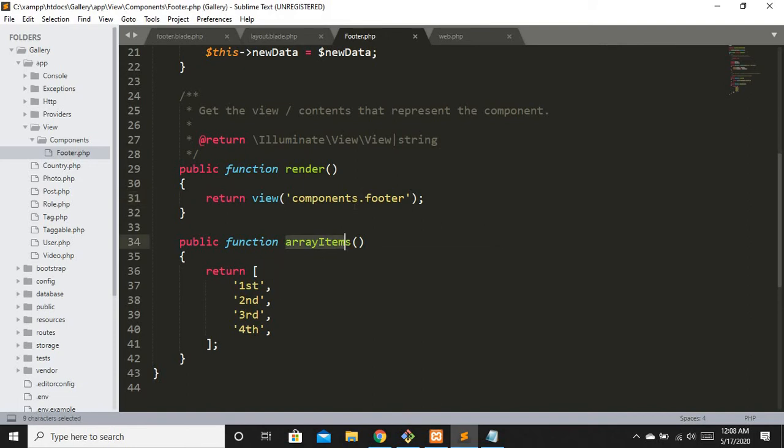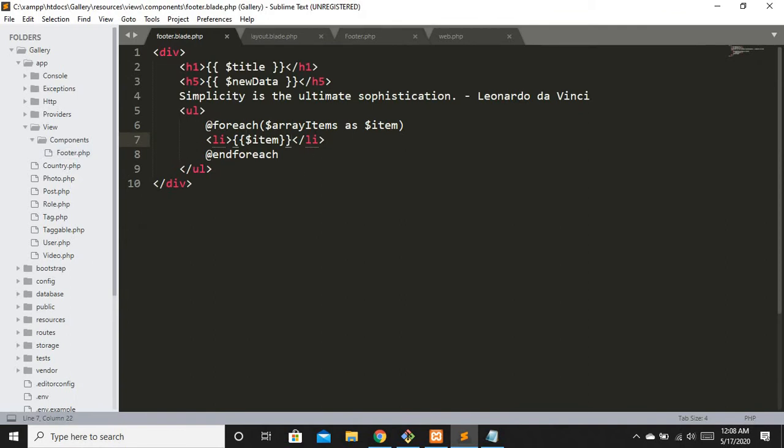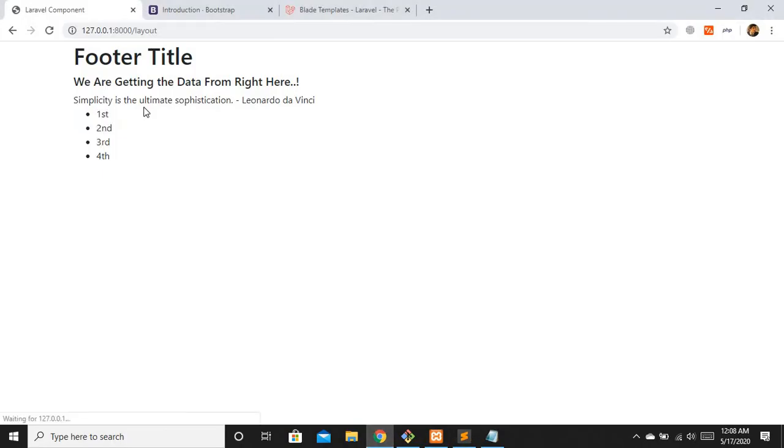For example, we get array items as a variable on our blade. We have access to this public function array items on our footer blade. I will show you, and we are already looping our items, and you can see we still have our data.